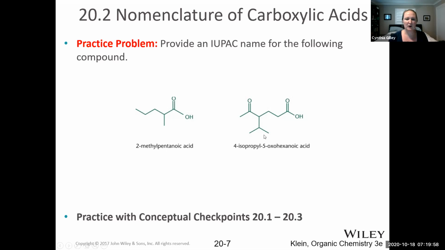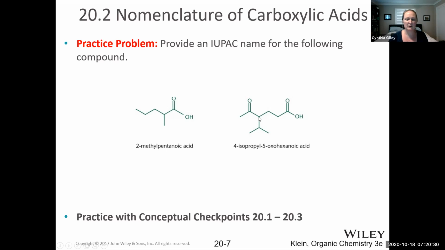This one is slightly more complicated because it contains both a ketone functional group and a carboxylic acid functional group. Recall that carboxylic acids have a pretty high priority. And so ketones would fall as a lower priority group and get named as a substituent to the carboxylic acid. So again, we'll start our counting here, 1, 2, 3, 4. At this point, we could go down this direction or this direction, but we want to get the oxo group in the